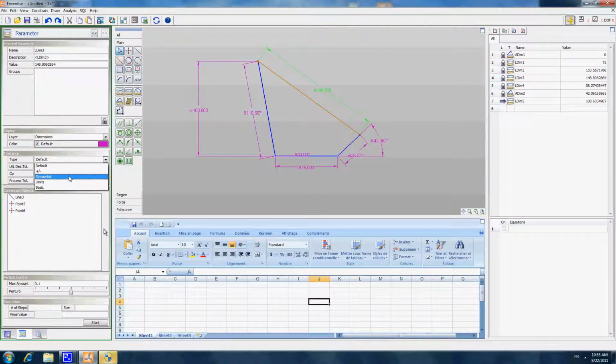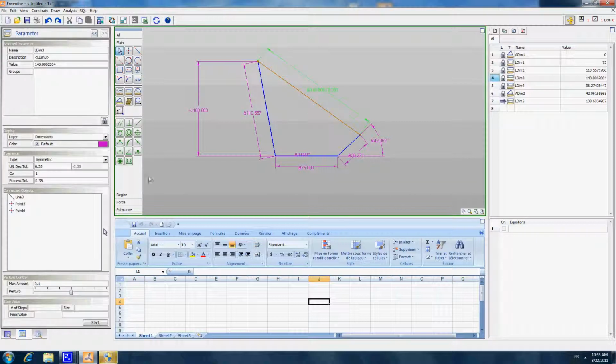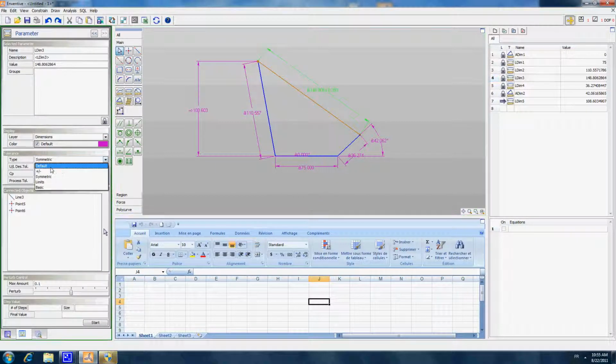So we can override that. We can say we have a tolerance of plus or minus 0.35, for example, and still capability of the process of 1. So you can see when I do that, it's changing here in the dimension. And if I want, I can go back to the default. And when we are in the default, the tolerances are not displayed in the sketch, but they are actually taken into account.